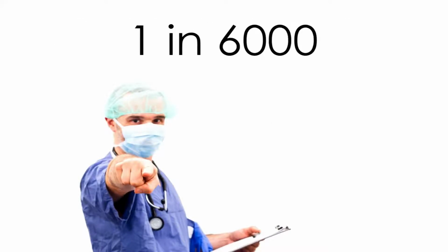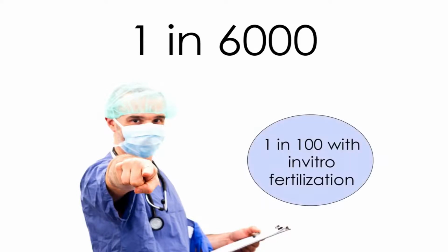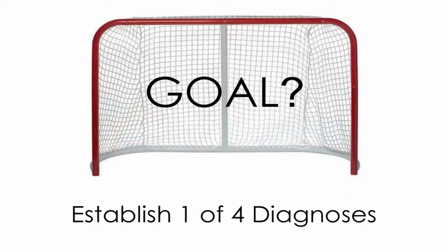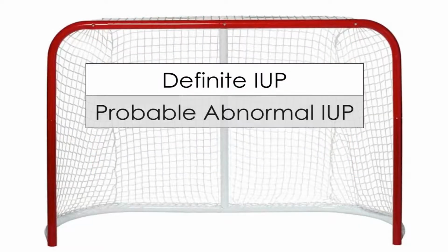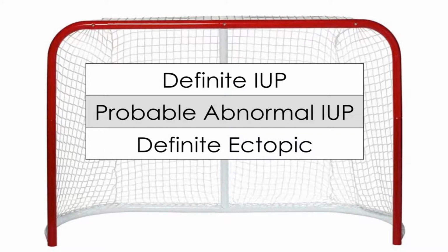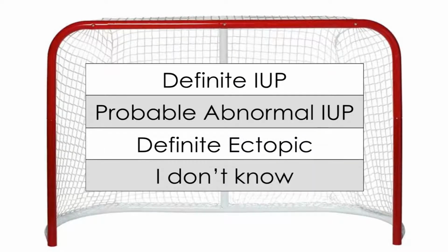Heterotopic pregnancy is very rare and only occurs in roughly 1 in 6,000 pregnancies. An important caveat to remember is that for those patients undergoing fertility treatments, the risk of heterotopic pregnancy can be as high as 1 in 100 pregnancies. The goal of the overall management strategy we will teach you to use is to establish one of 4 diagnoses. Those diagnoses are definite intrauterine pregnancy, probable abnormal intrauterine pregnancy, definite ectopic pregnancy, and no definite intrauterine pregnancy, or just